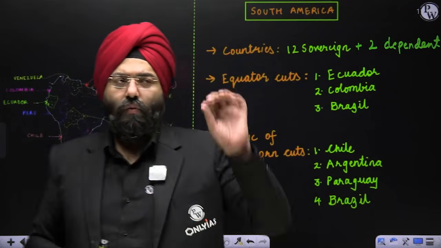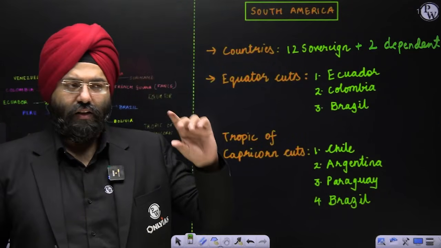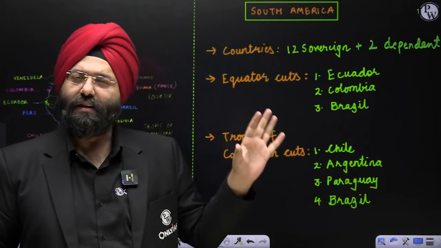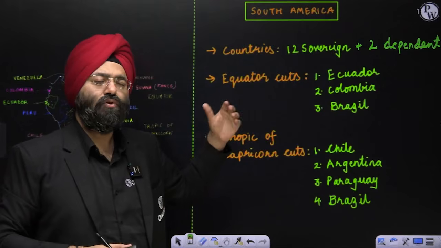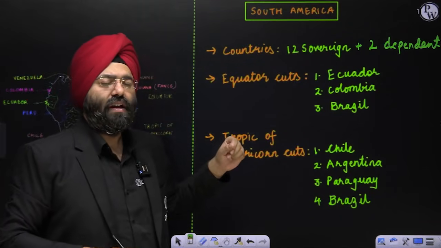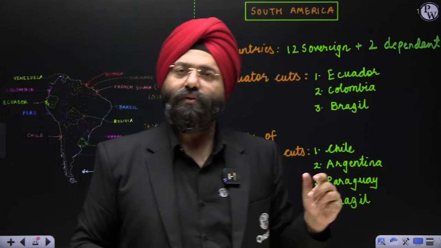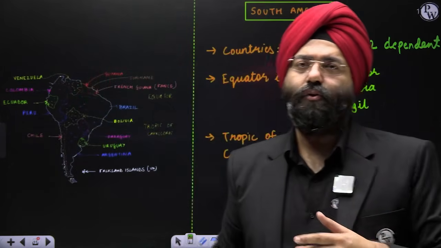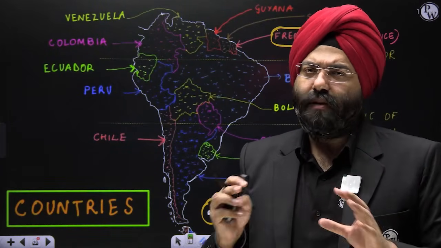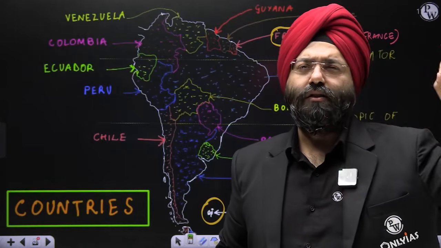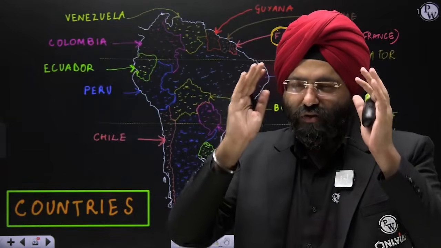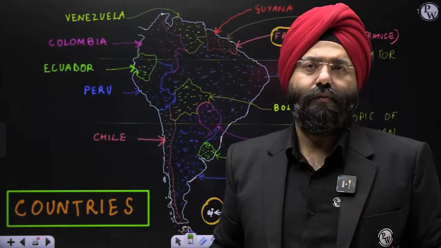They can ask you which among the following countries are basically coming on the line of the equator. They will mention 5-6 countries and you have to just mark 3. So this is something that you should be well aware of when you are doing the mapping series, right? Next comes the Tropic of Capricorn, because please remember, unless and until you have practiced such types of questions and analyzed them while I'm doing the maps, you cannot manage them in the paper. Otherwise, if you haven't done the mapping well and you wonder which countries the equator is passing through, it is impossible to analyze, because at that time you need to have a perfect image of the map in your mind. If you haven't practiced it, you will not be able to do it, right?